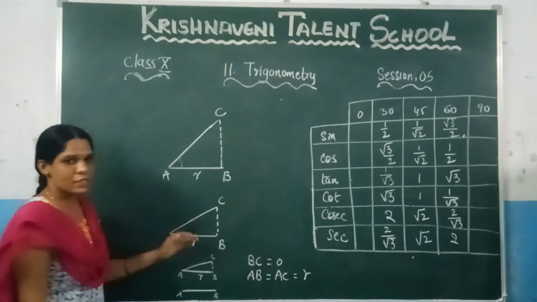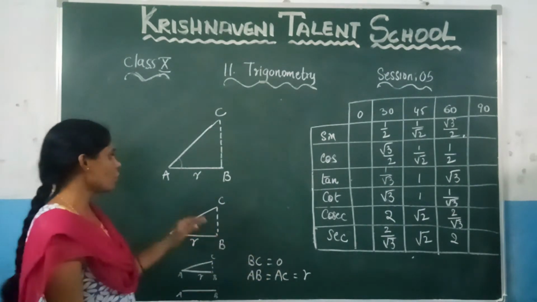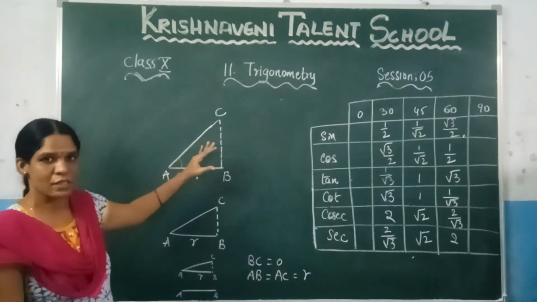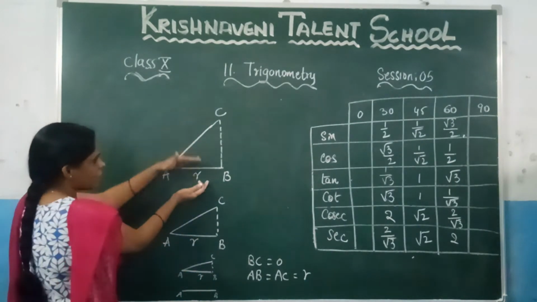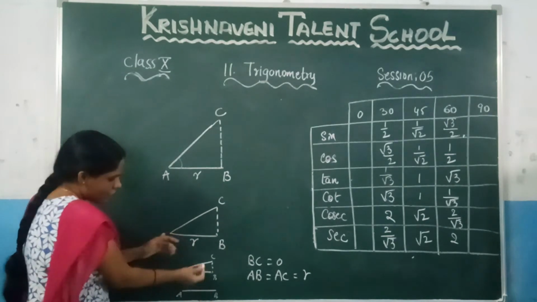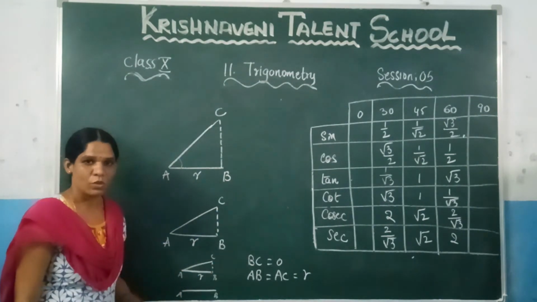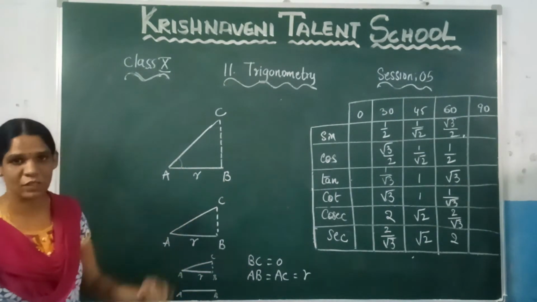So this is the reason. Let us talk about all these angles. If you consider the basic angle, it will look like this, and if the angle keeps decreasing, what will happen? This length will keep decreasing. So what will happen at last? These two lengths will become the same, and this length will become equal to 0. Now you have got all the three values if you consider the angle equal to 0.